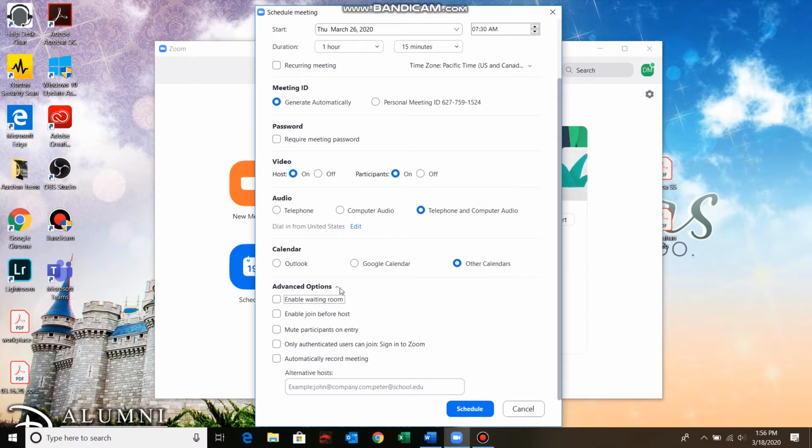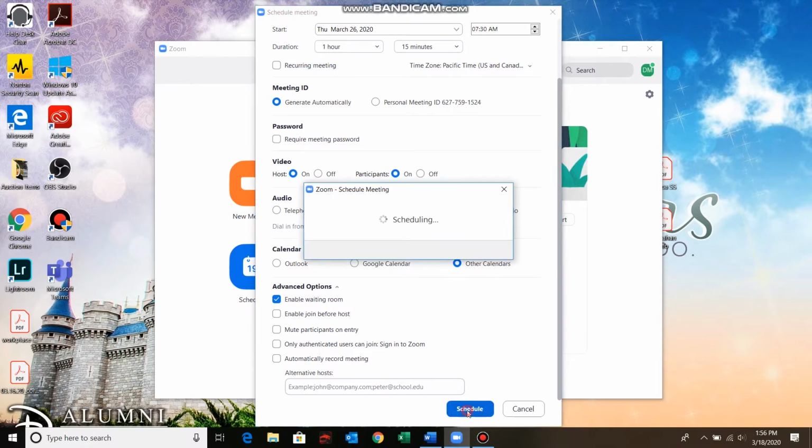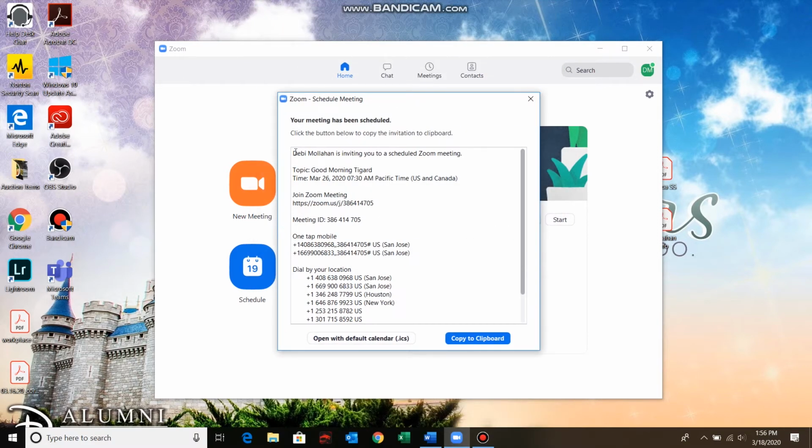If you don't want to do it in a calendar and you're just creating an invite that you're going to put on social media or however you're going to use it, put it on your website, then you'll want to use the other calendar. Then you'll click advanced settings, and this is where it has a few different options like creating a waiting room or not allowing people to join or letting people join into the meeting before you're there as a host. When you're ready, you're just going to click schedule, and this is going to create an invitation,